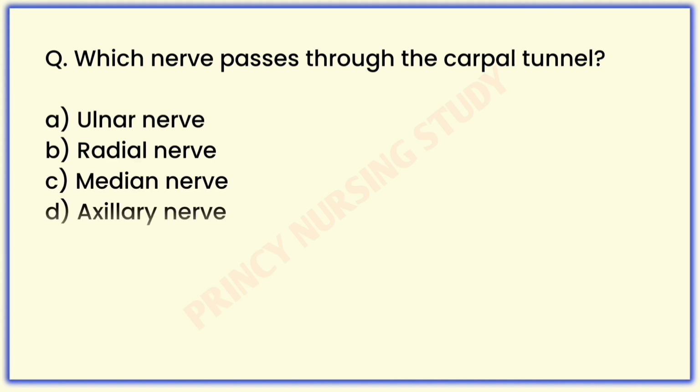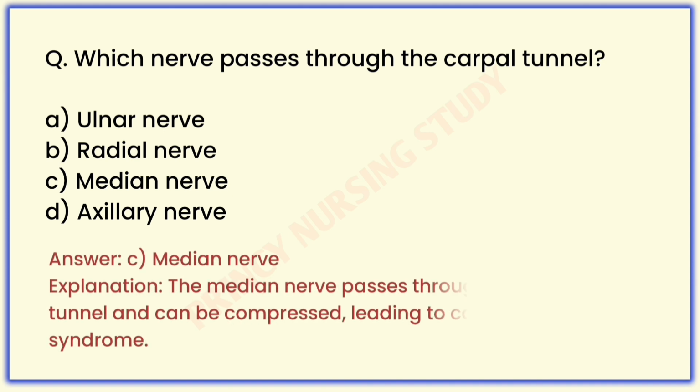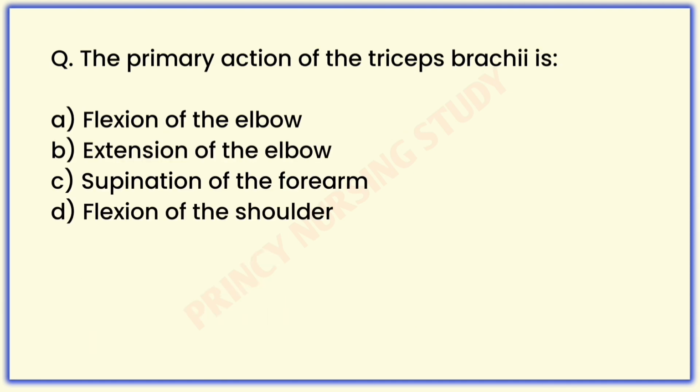Next question. Which nerve passes through the carpal tunnel? Correct answer is C. Median nerve. The median nerve passes through the carpal tunnel and can be compressed, leading to carpal tunnel syndrome. Next question. The primary action of the triceps brachii is: